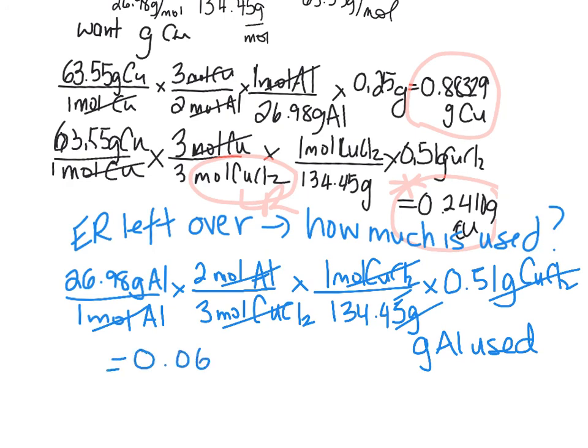0.0683. Anybody else get that number? Yeah. So that's how much aluminum got used up in this reaction by my limiting reagent. To figure out how much I have left over, I subtract that from the amount I started with. So if that's how much got used up,